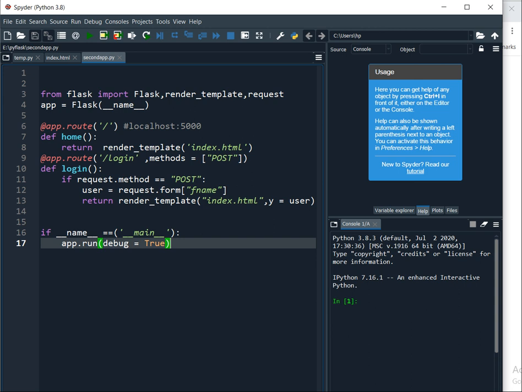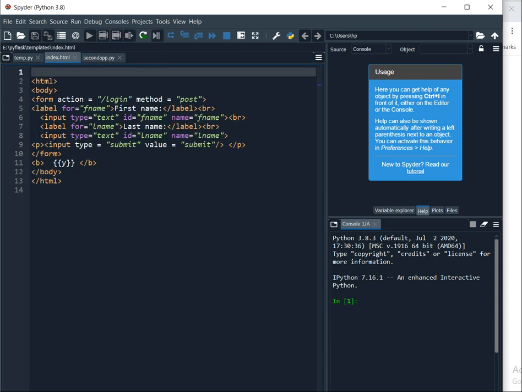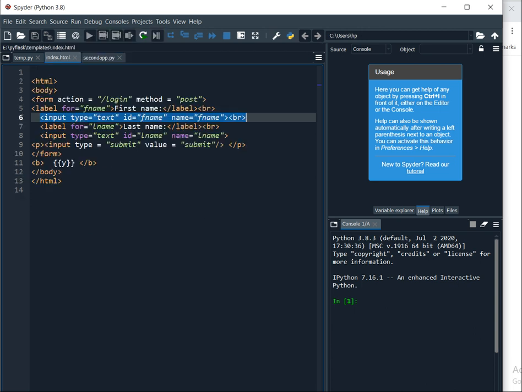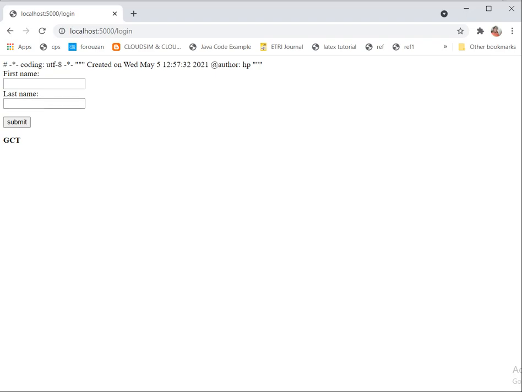and then it has to retrieve the f name, that is the label name that is given here. So f name is nothing but this one, right? And then it has to retrieve the content, and it has to render back to the Y value. So Y value is represented here. So automatically GCT is printing in that content. That is what is shown here, right?